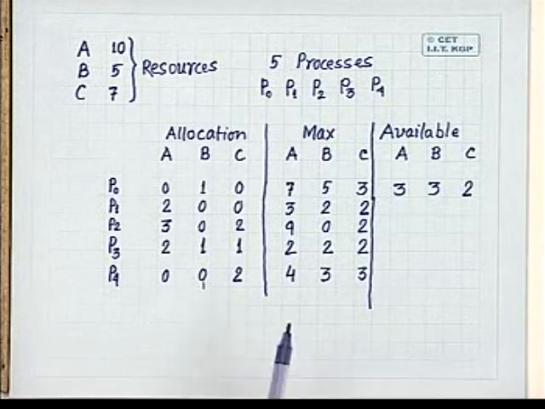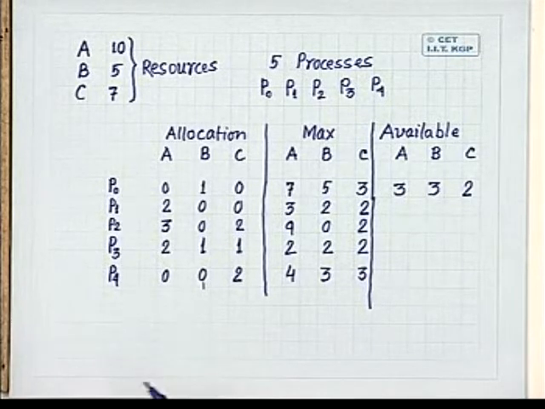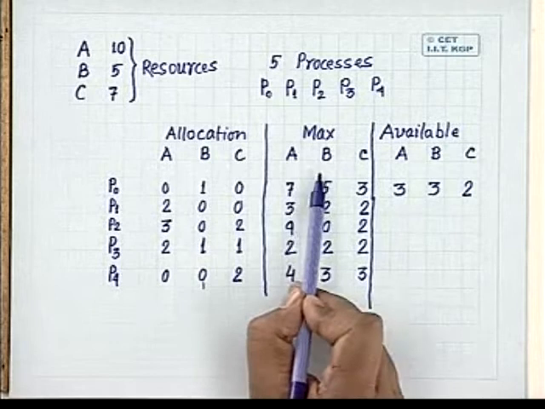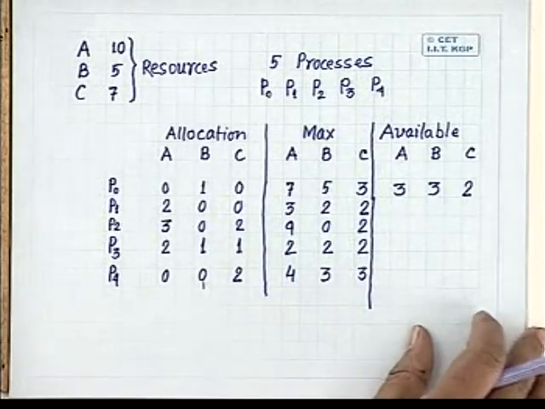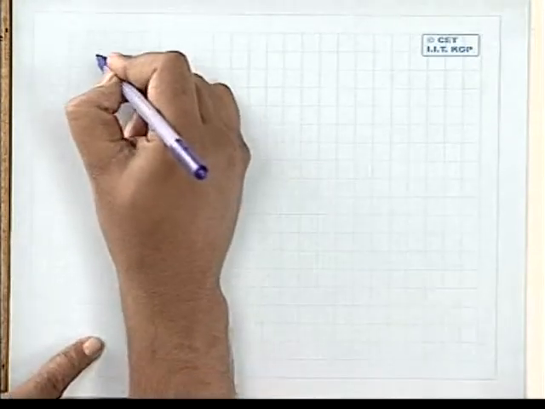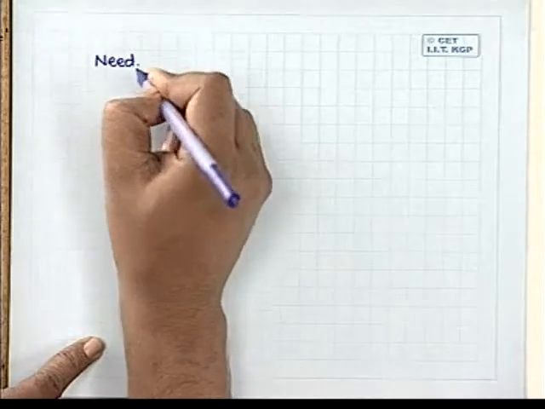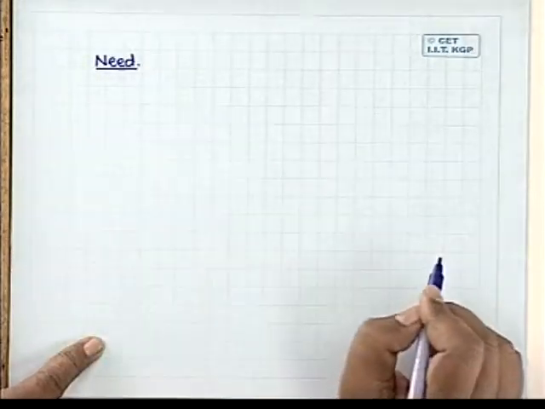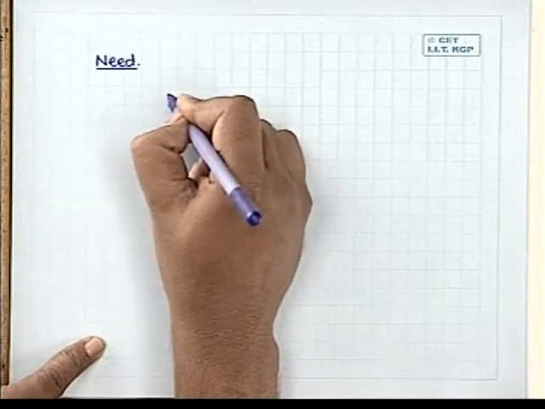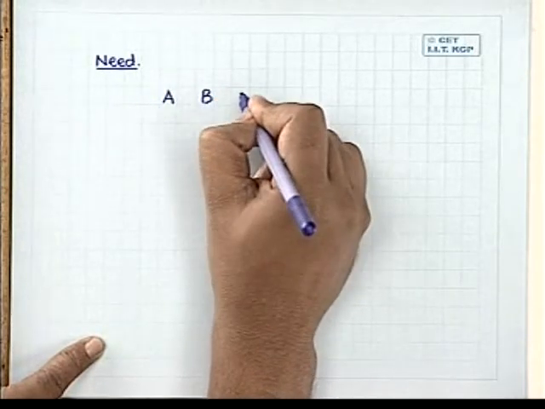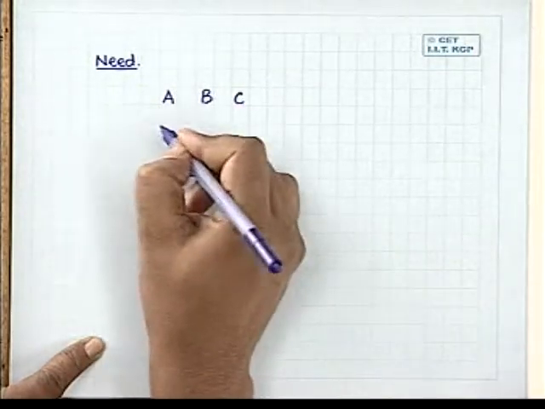Now to apply Banker's algorithm, we have to find out the need matrix. As we said, need is simply the difference of max and allocation. So let us compute the need matrix at this particular instant of time. As we have 3 different resource types, we will have A, B and C. We have processes